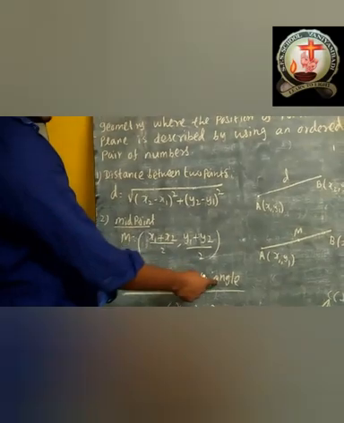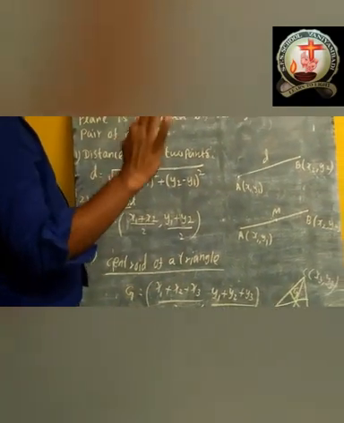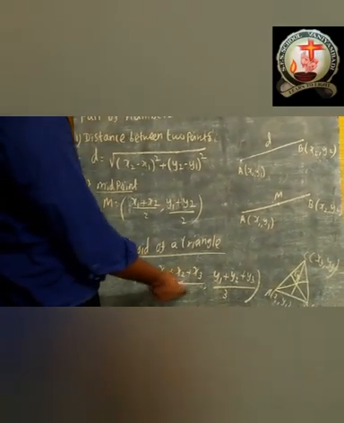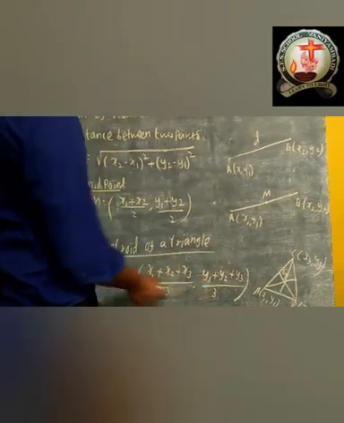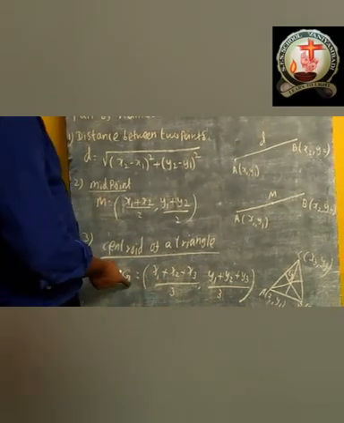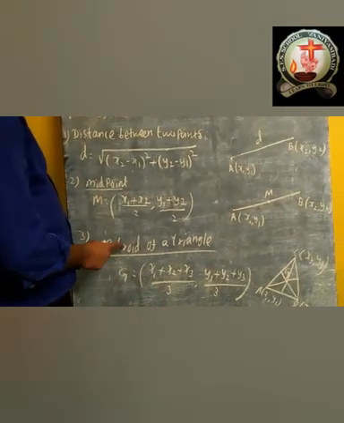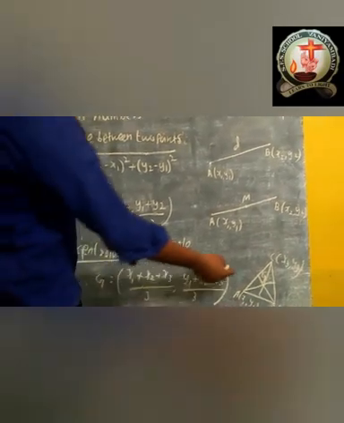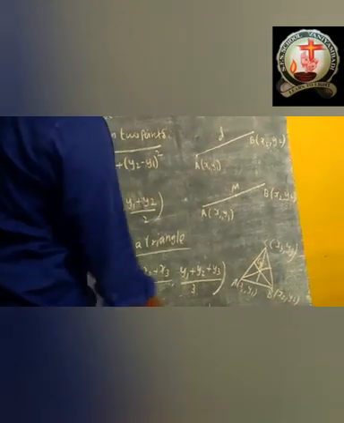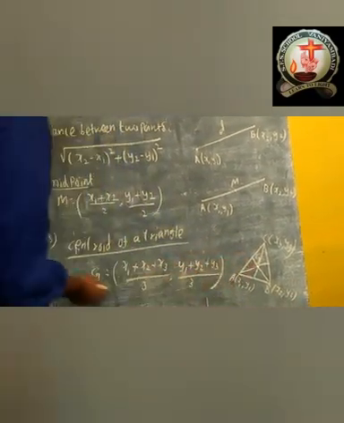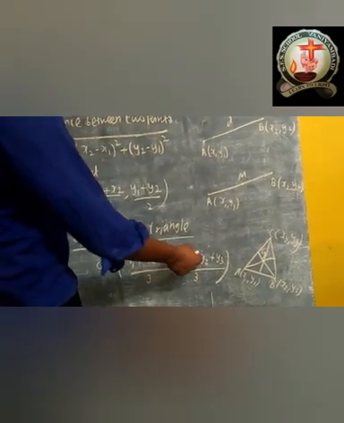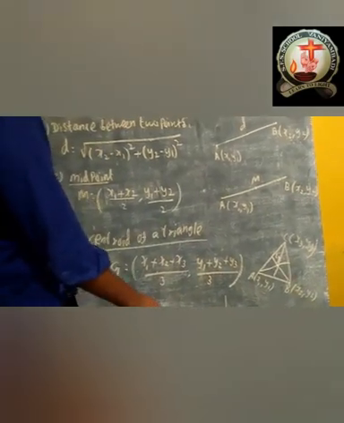Next, centroid of a triangle. We know that a triangle has three sides. For that we use (x1 plus x2 plus x3) by 3, (y1 plus y2 plus y3) by 3. So midpoint means divided by 2 and centroid means divided by 3. Sometimes they will give G. G denotes the centroid, the center. So here see point A, point B and point C. The center is called the centroid. How can we find this center point? Using this formula, G equals ((x1 plus x2 plus x3) by 3, (y1 plus y2 plus y3) by 3).